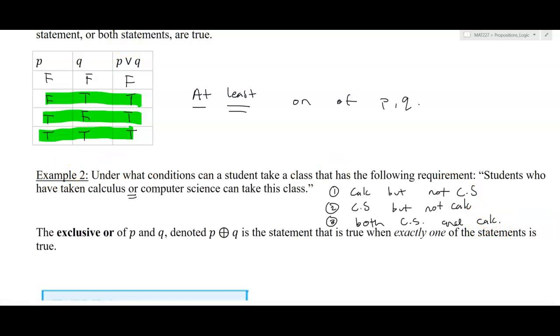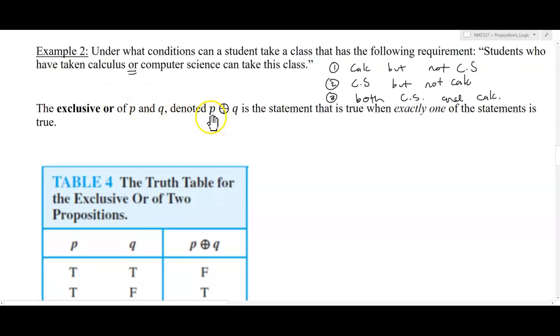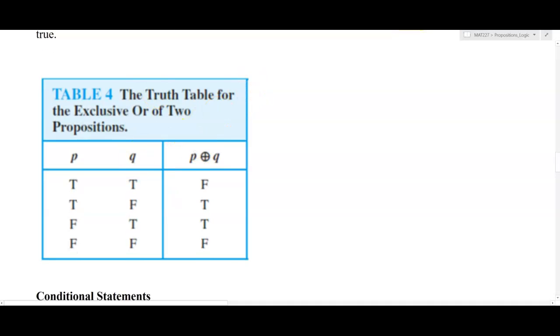Now there is a definition for the exclusive or of P and Q, denoted P with a plus sign circled, is a statement that is true when exactly one of the statements is true. Exactly one, meaning if it's an exclusive or, it can't be both. So for example, a situation where you might see this is, let's say you tell a child, you can have